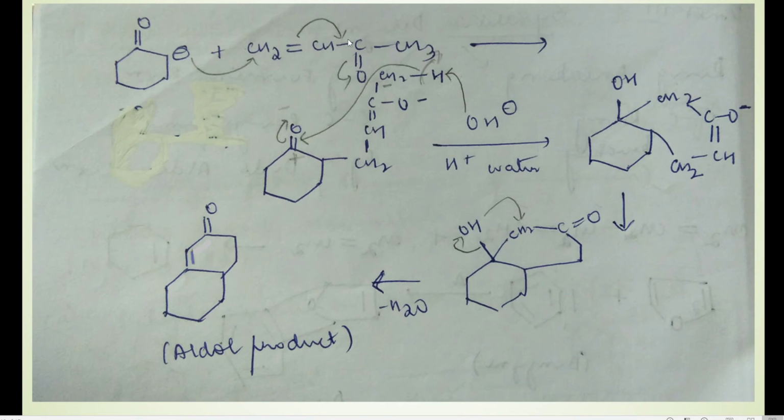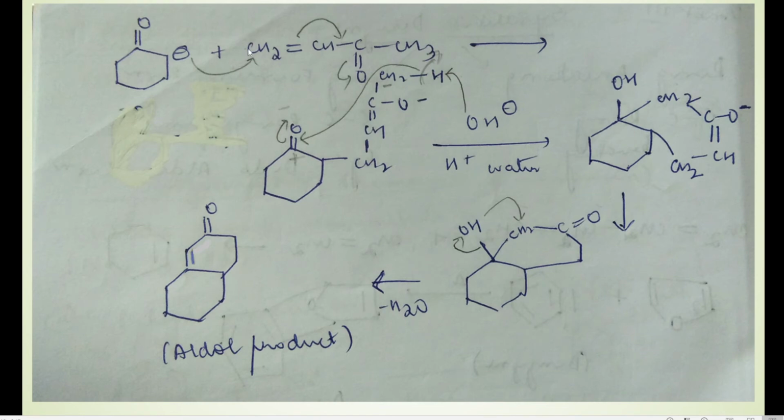And in order to remove that positive charge, what does this carbon do? It tries to withdraw electrons from the neighboring carbon. Okay, so here there are pi electrons by the end of the chain, correct? So it tries to pull that electron towards itself. So the pi electrons of the double bond will shift here as a double bond, because this carbon is getting a positive charge and needs to neutralize it. So what happens to this carbon? This carbon will get a partial positive charge. Now this carbon here has a negative charge and this carbon here will get a partial positive charge because the pi electrons are pulled away from it.